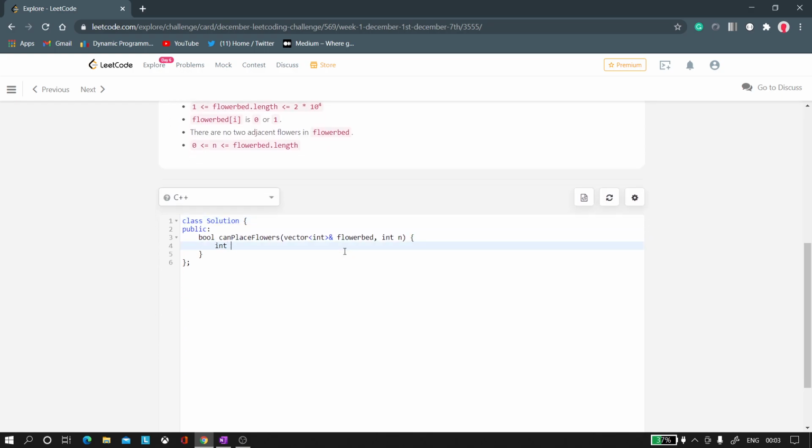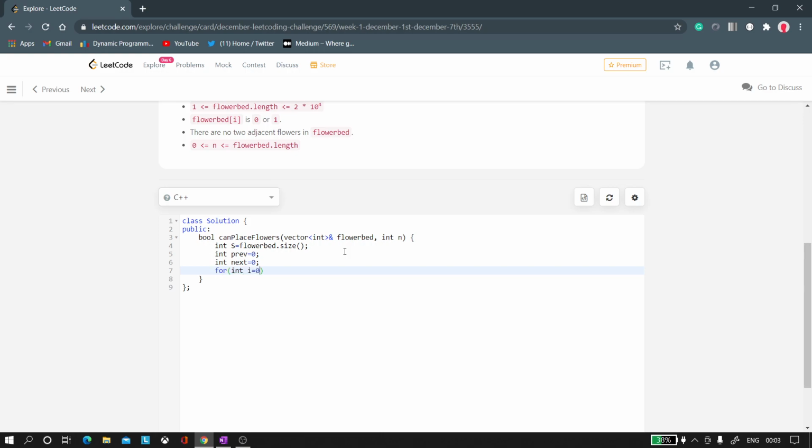So first let's find out the size of the flower bed. We are making three variables: int previous, int next equal to 0, and current would be the array indexing.